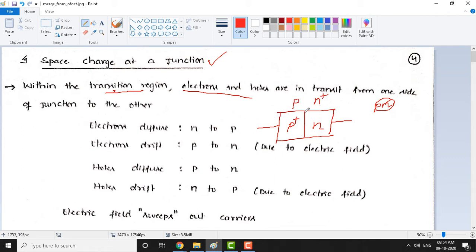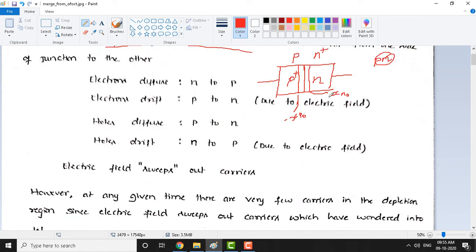Within this, this is called the middle of a junction. On one side you will see the edge of the depletion region towards the P side, and on the other side the edge of the depletion region towards the N side. You remember the name we gave as X N naught, and for the edge of the depletion region towards the P side, we gave the label minus X P naught. These are the notations we use here. I will come back to that a little later.